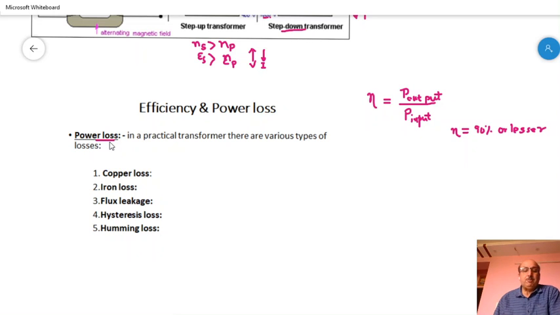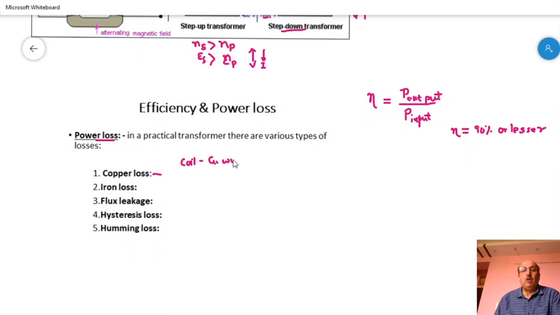There are various power losses like copper loss, iron loss, flux leakage, hysteresis loss, and humming loss. First, we come to copper loss. As the coils are made of copper wire,